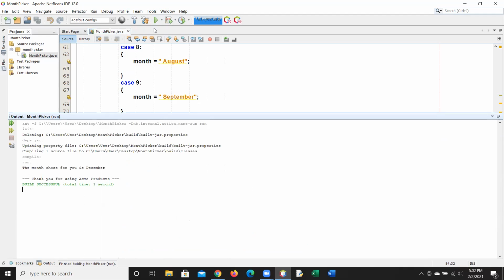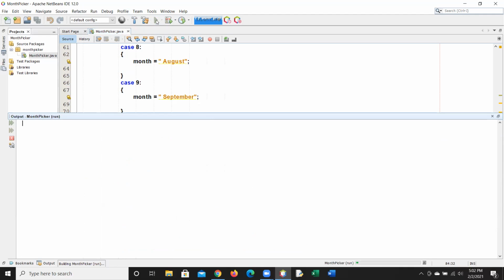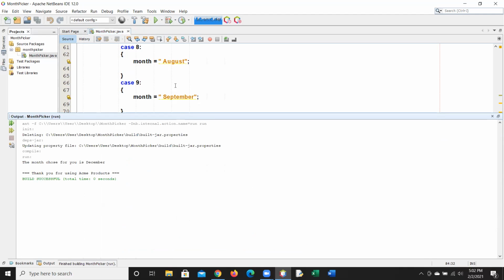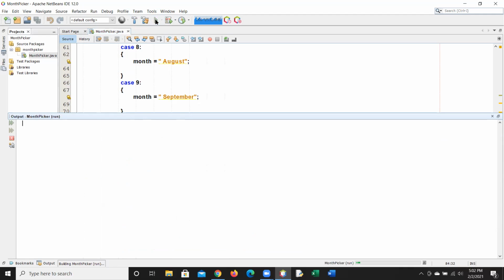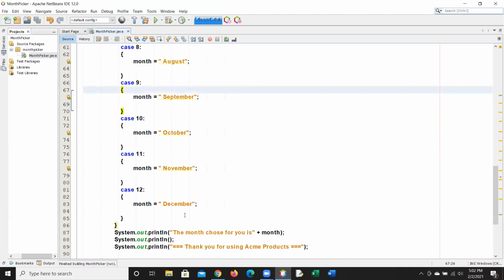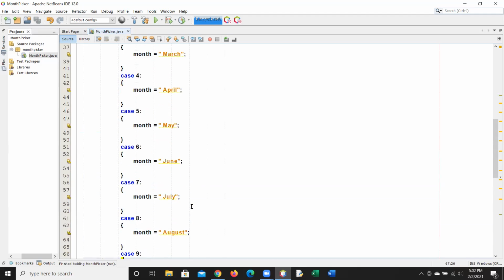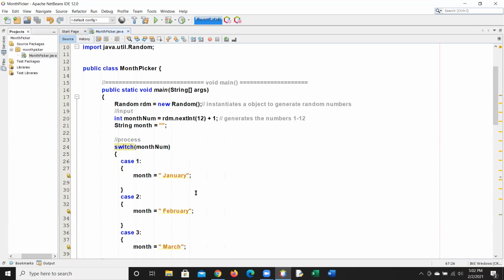Okay, December, right? December, right? December, right? So we don't even know what number is being generated, but what it does is it says,